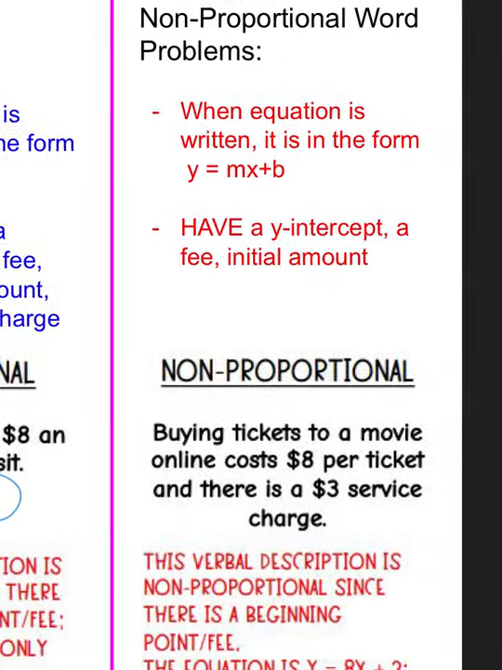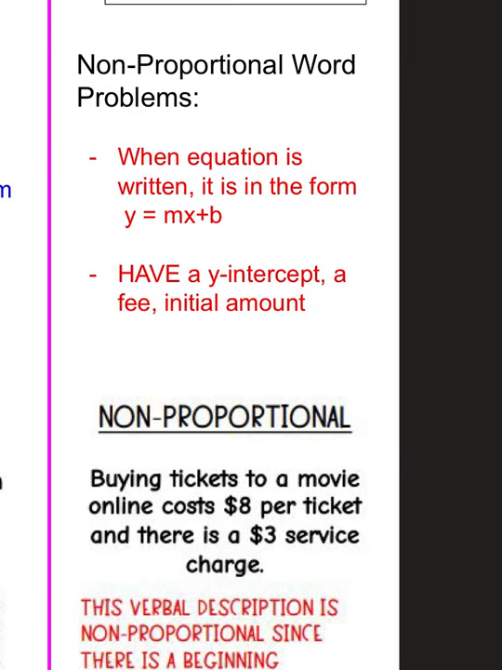If I look at the non-proportional word problem, when the equation is written, it is in the form y equals mx plus b. It will have a y-intercept. It will have a fee, an initial amount, things like that. So when I look at the